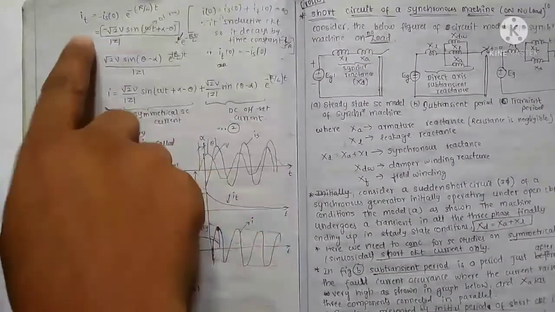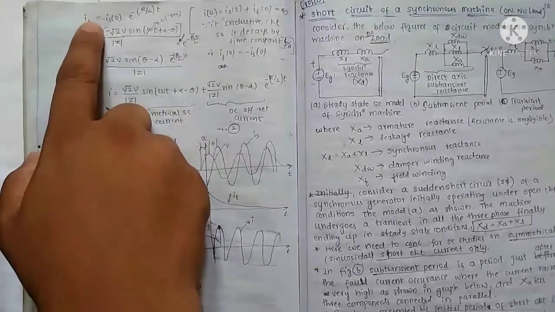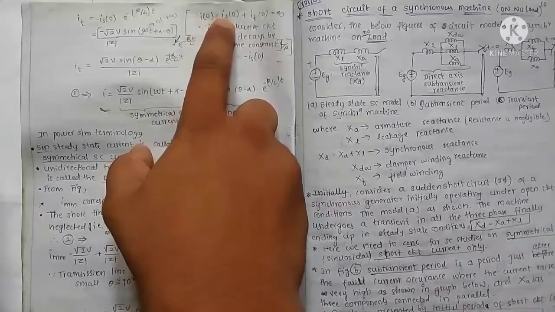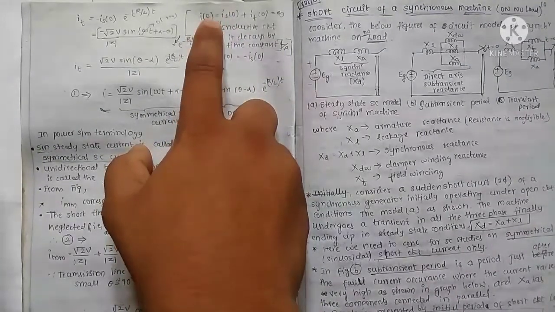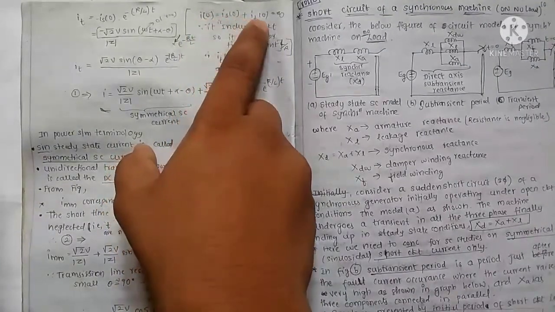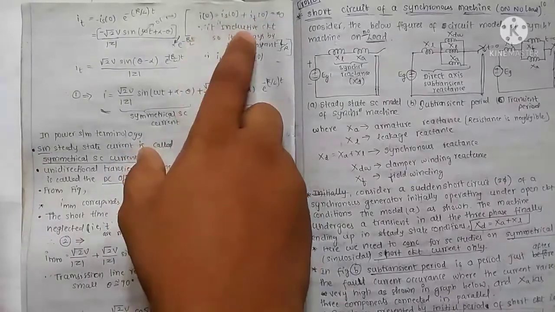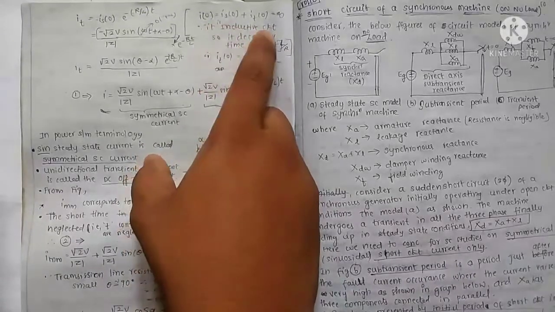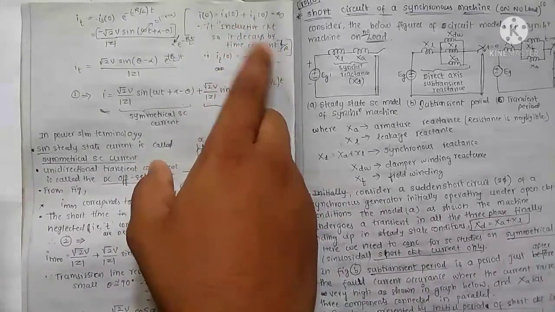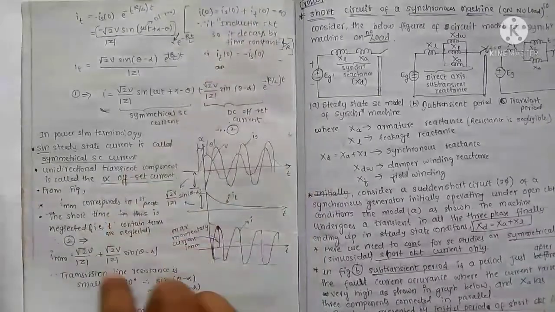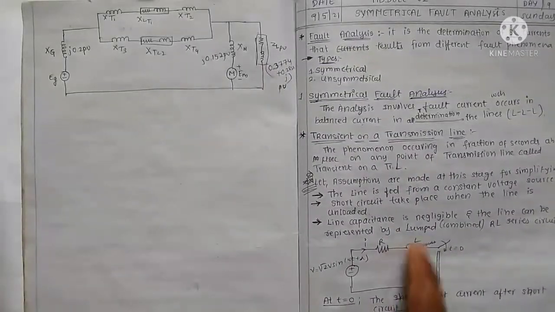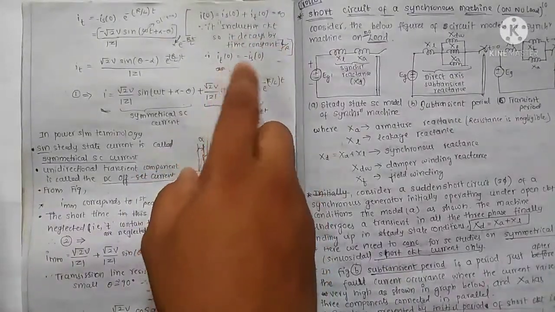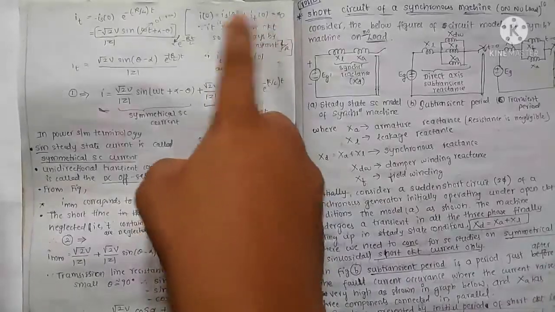We're done with the steady state equation. Now I_T, the transient current, is equal to this equation. We get that I(0) is equal to the initial condition, I(0+) = I(t0) = 0. It is an inductive circuit, so it decays by the time constant, because the circuit is inductance, right? See here, the circuit is inductance, so it decays by the time constant L by R. Therefore we'll get both of them 0.